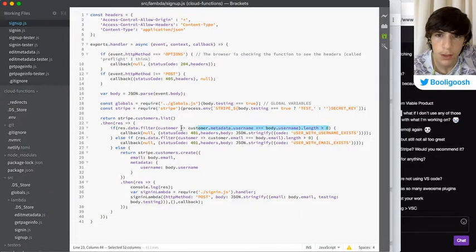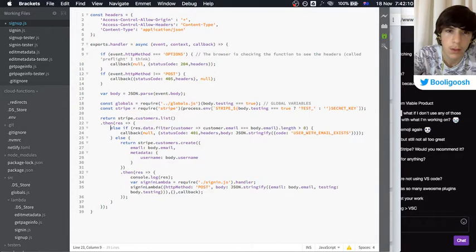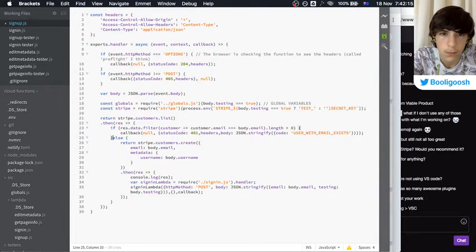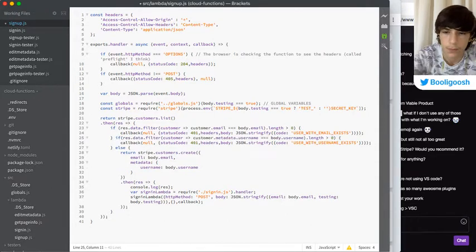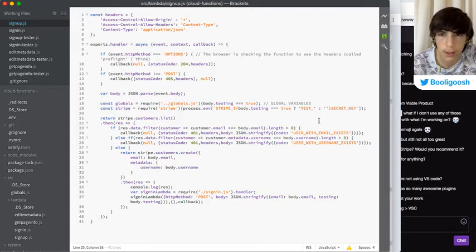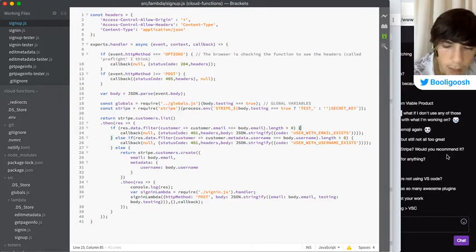Yeah, I'm actually going to reverse the order here. So I'll make this if, because I think this way, for example, they might have the right email, but their username doesn't exist is more likely. So